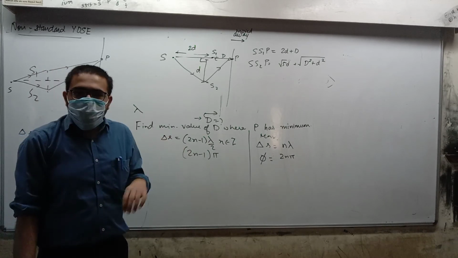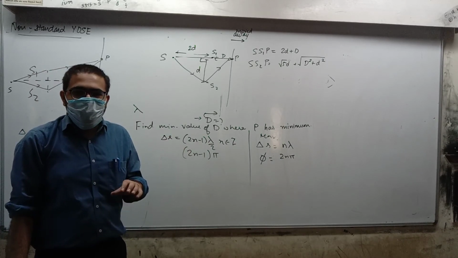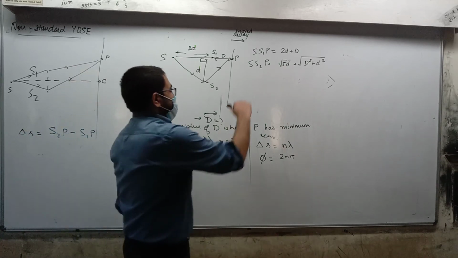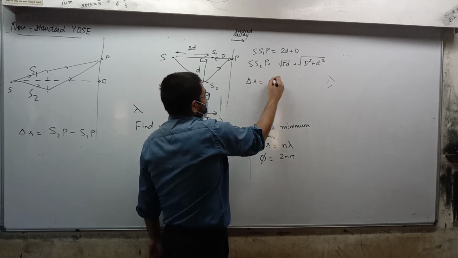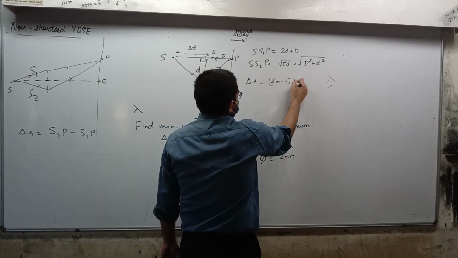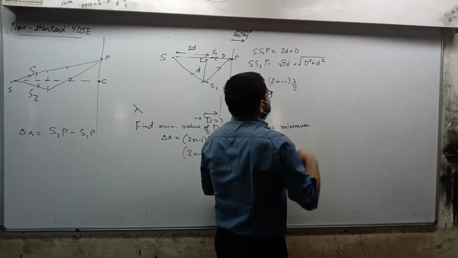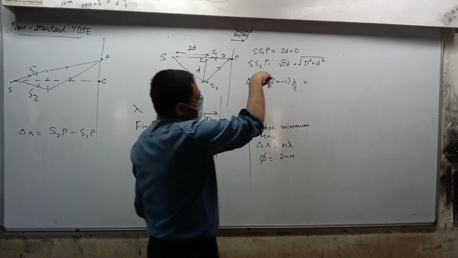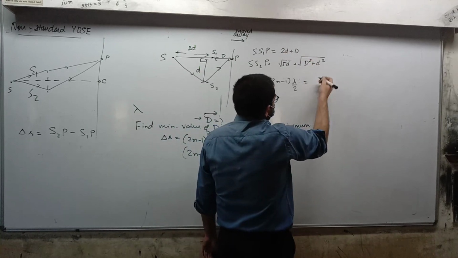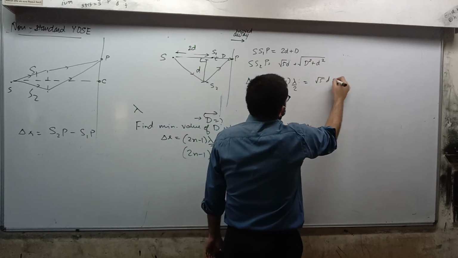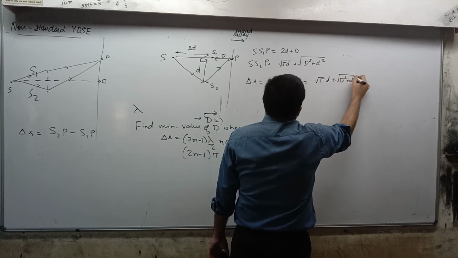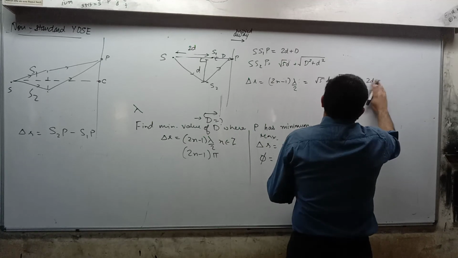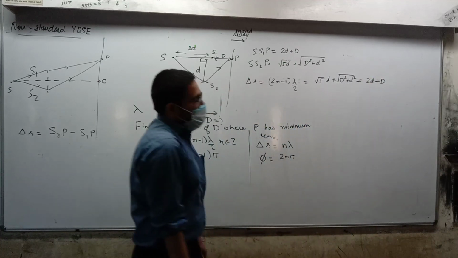Then what do we do? The path difference should be equal to 2n minus 1 lambda by 2. So the path difference will be 2n minus 1 lambda by 2. It should give you such a value, right? So this value should definitely be S2P minus S1P. So this will give you root 5d plus under root d square plus d square plus 2d. Okay,